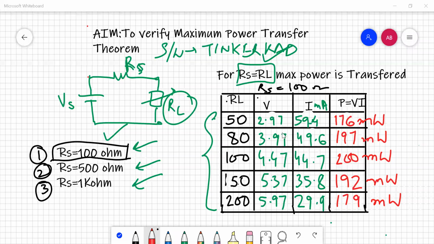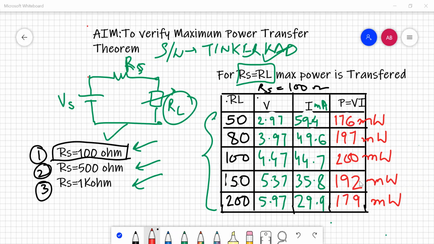So now I have tabulated all the values that we just got in Tinkercad, and I have noted down against voltages and currents. Mind that the current we got was all in milliamperes, so I have noted the milliamperes and written only the numerical values here. Now you all know that power is equal to voltage into current. So I have calculated the value by multiplying voltage and current, and I have got all the values of power in milliwatts. So here is the answer.